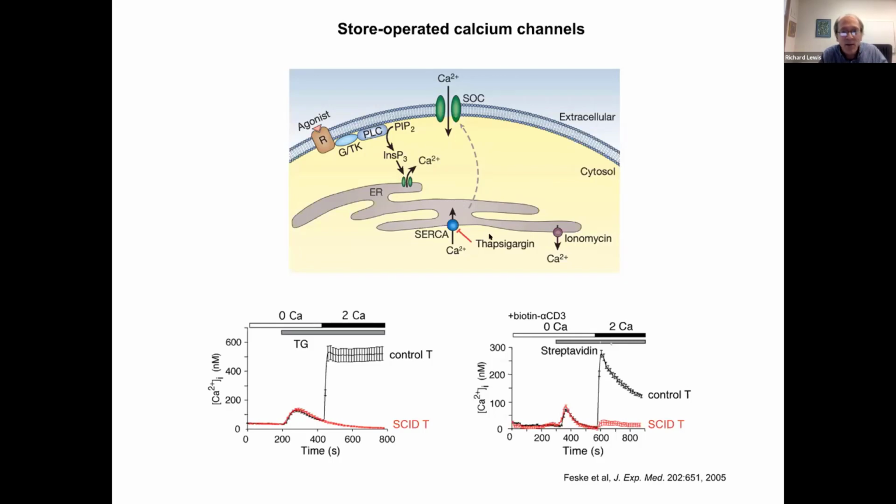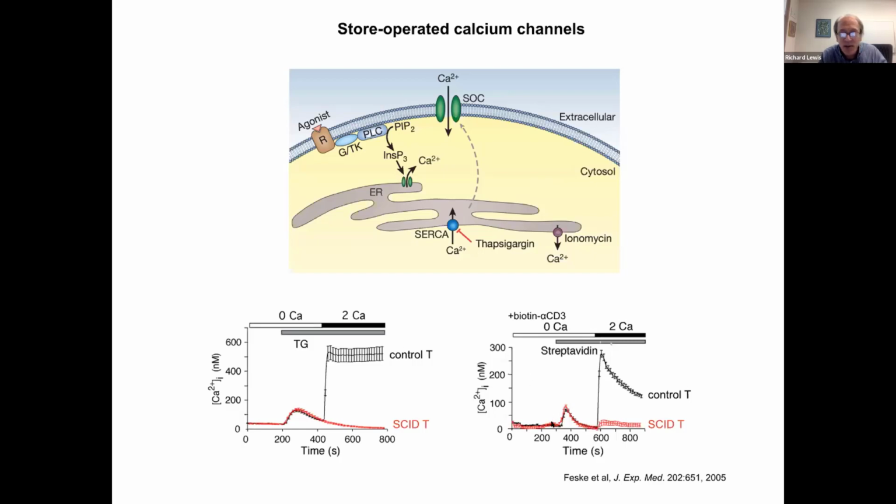They can be activated artificially by inhibiting the SERCA pumps that load the ER with calcium, by compounds such as thapsigargin. And down here, what I'm showing is that in a T cell from a healthy person, application of thapsigargin in the absence of calcium releases the load of calcium from the ER, creating this small signal. And then once that calcium has been released and the ER is depleted, the readdition of calcium unmasks a great influx from the outside, which is through these open store-operated channels, the CRAC channels.